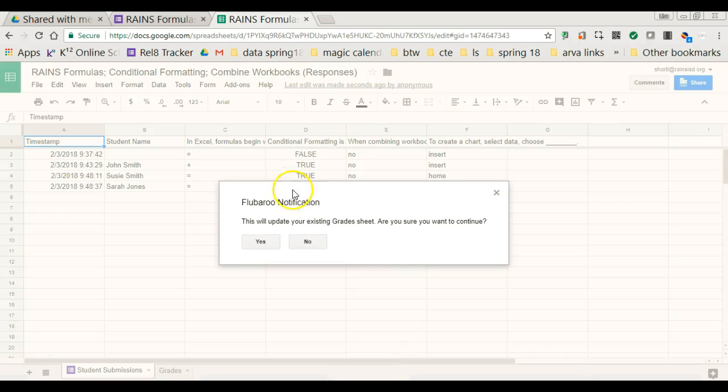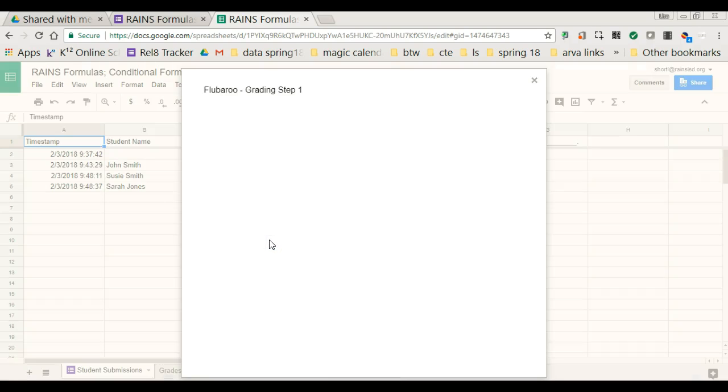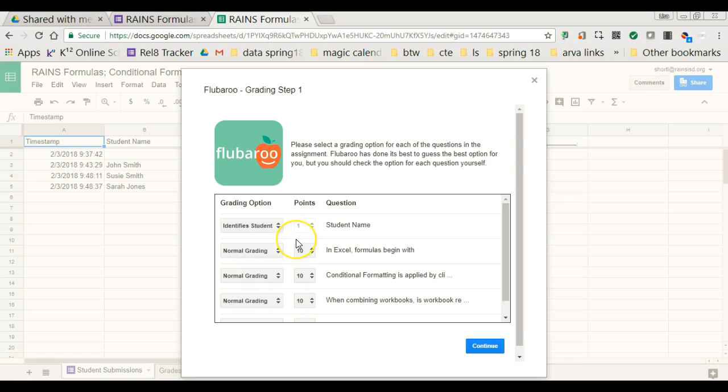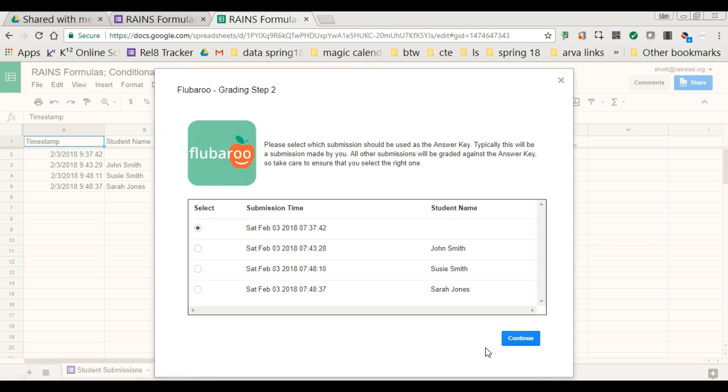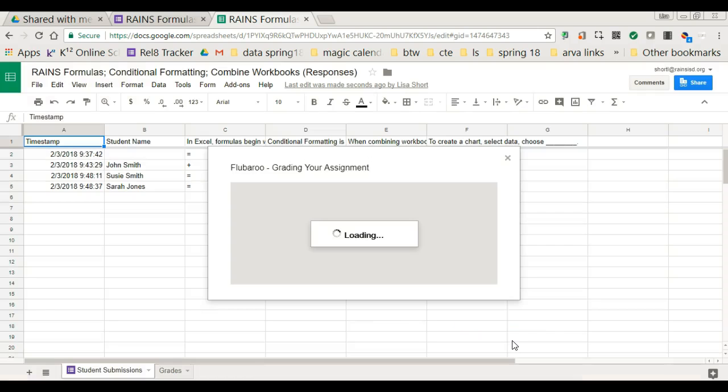So basically, it's going to say this will update your existing sheet. Perfect. That's what we want it to do. And as we go through here, it's going to ask, do you want to change the point values? Do you want to change anything that you set up earlier? No, you probably don't. And then you're just running it through the wizard. You're still going to use this first submission, and you can see the timestamp. I love this. It shows you exactly when these kids are taking it, and they really can't change that. And so as we continue on,